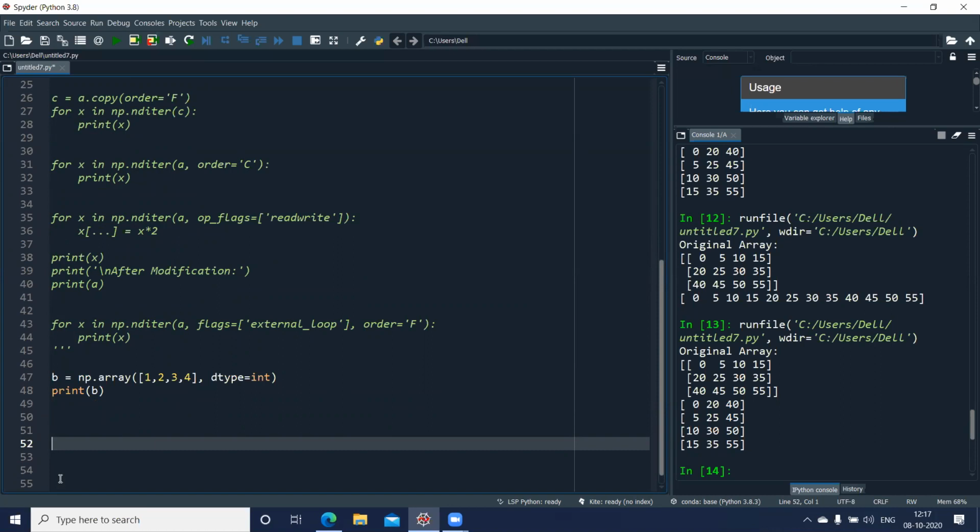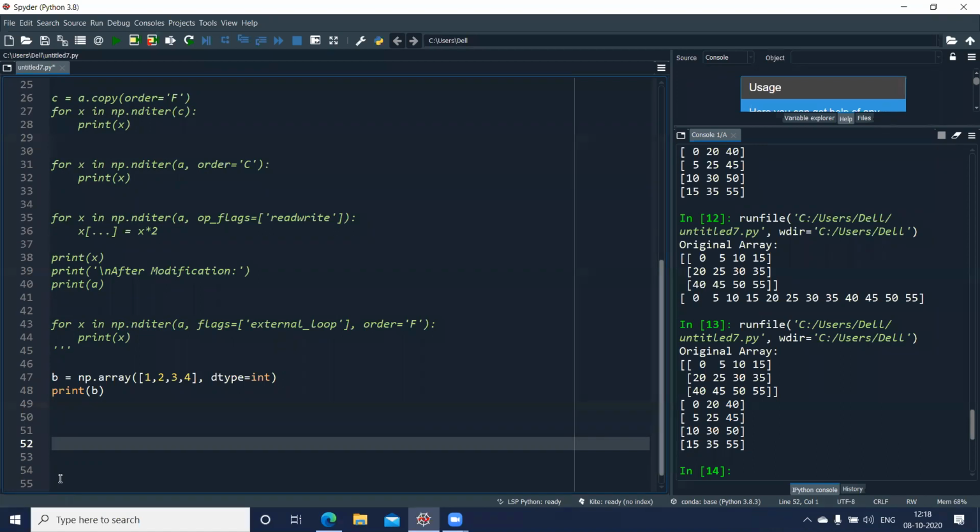Now let us perform broadcasting, and it is broadcastable because if you look at the two arrays, as we saw in the previous case also, the second array is a 1D array, but the number of columns has to be the same as the 2D array, and that's why I kept 4 elements in my 1D array, so that I can perform any calculation or any addition as well. Now, in this case, I'm not going to perform any operation. I'm just going to access the values and display them on the screen.